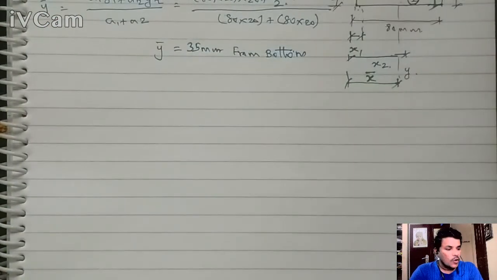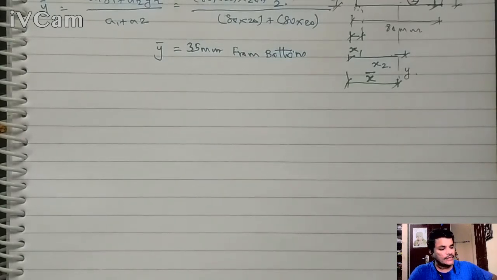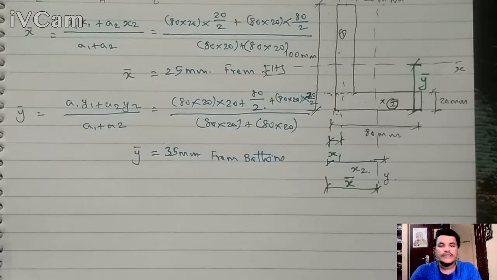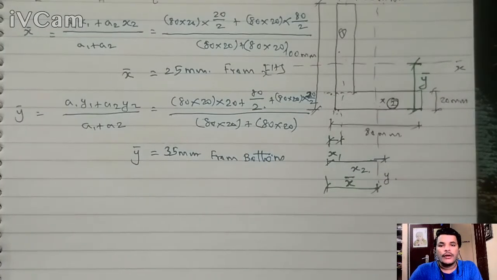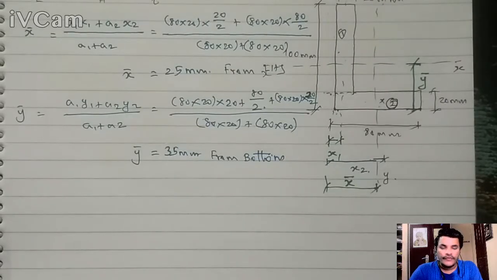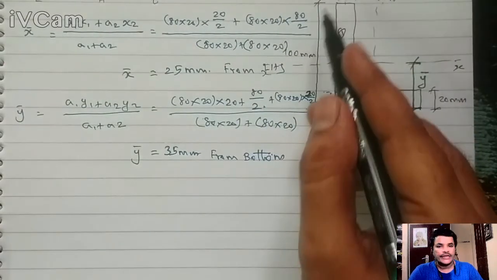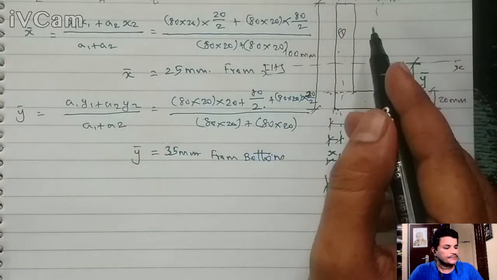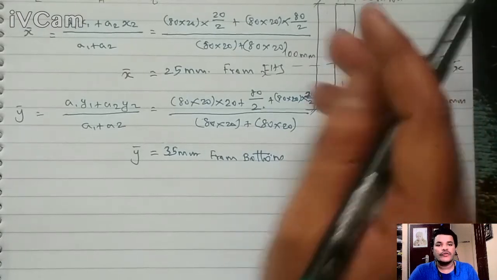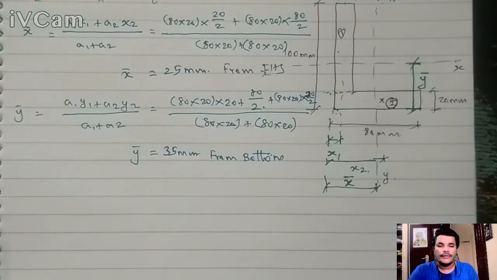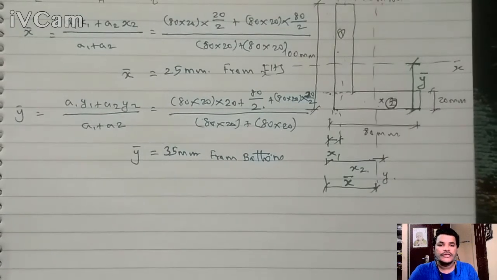Okay. So it is an unsymmetrical section in both the axes. The angle section is an unsymmetrical section in both the axes, so I need to use the theorem of parallel axis here. If it is a single section, for a rectangle, suppose I am taking only one section, it is a rectangular section. So for that I can use the bd cube by 12 formula. In the previous video lecture we saw the rectangular section moment of inertia for a single rectangular section.